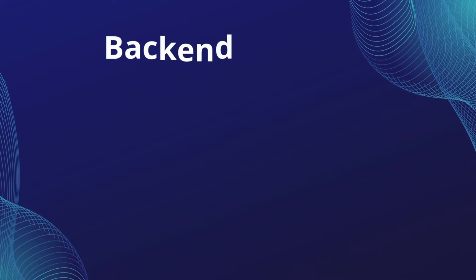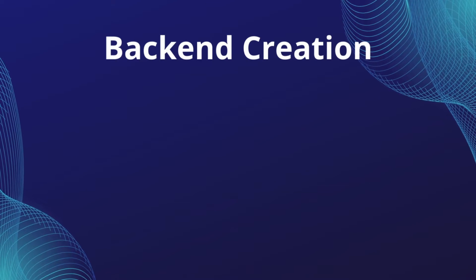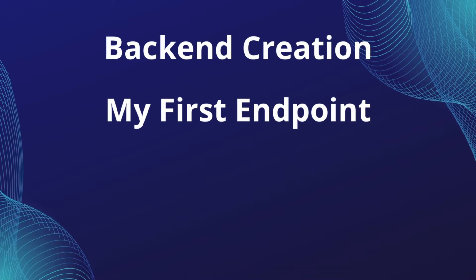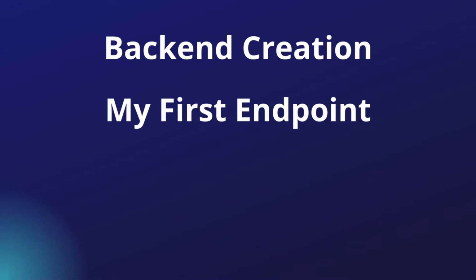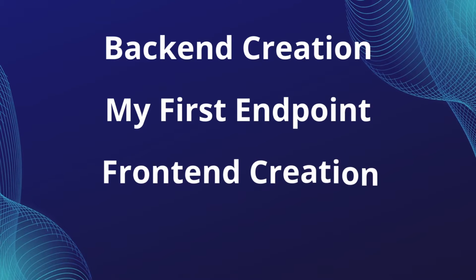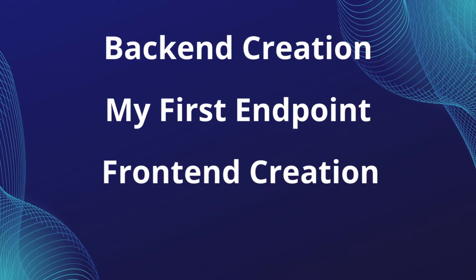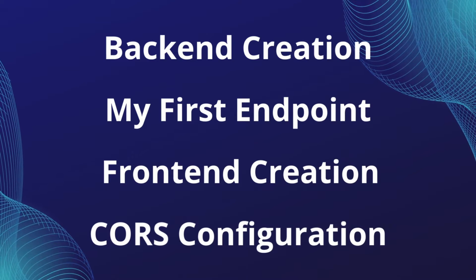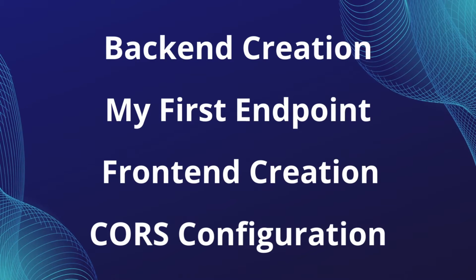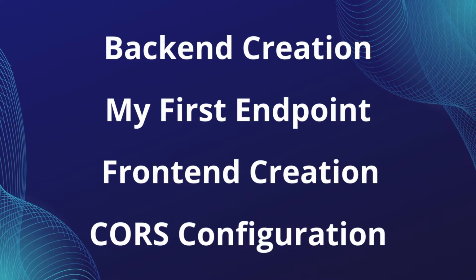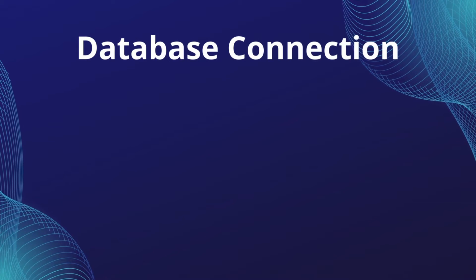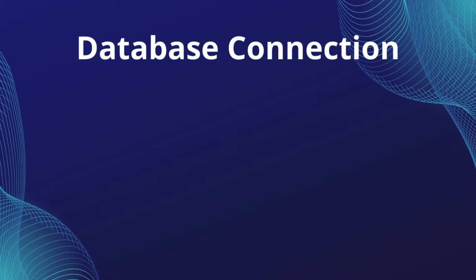I will start by creating a new Spring Boot project with all the necessary dependencies. Then create my first endpoint, a simple endpoint, to have the read operation. Then create a new React project with all the necessary components and request the backend. To allow an external frontend such as React or Angular to communicate with my Spring Boot application, I need to configure the CORS. Then in my backend I will connect a Postgres database to store all the information, create the entities